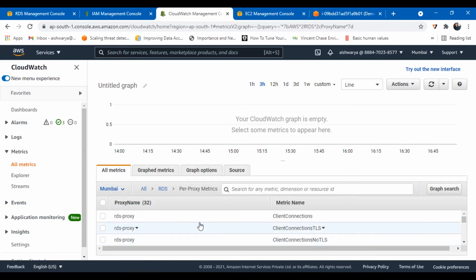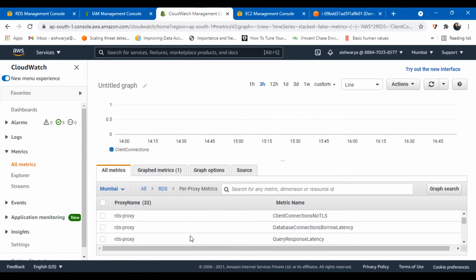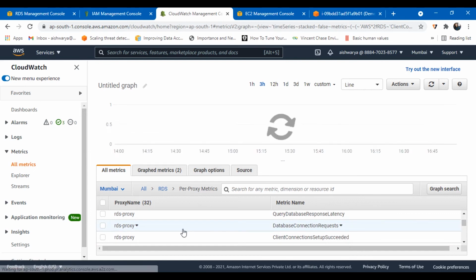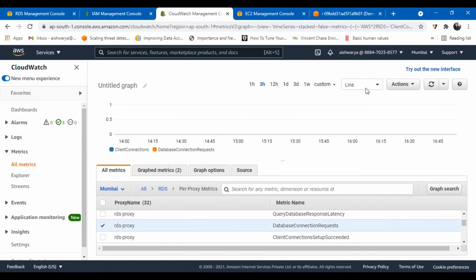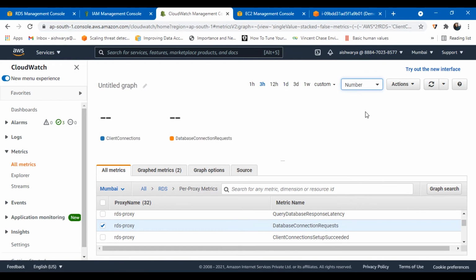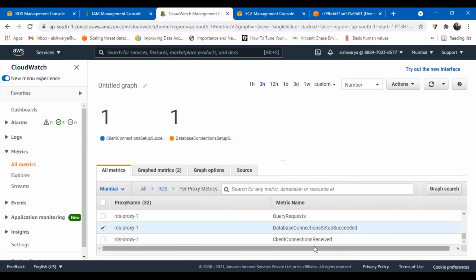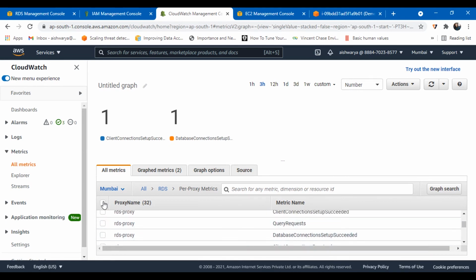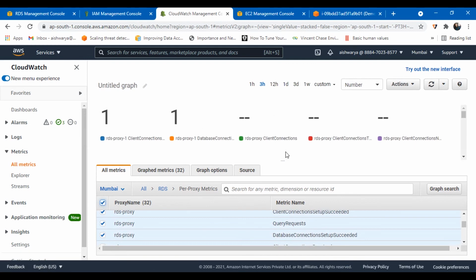So from this I can check out the client connections and also the database connections that are there. And let's check it in the numbers. So it's still updating. Let's wait for a few more seconds. So it has updated all the metrics and I selected a few more metrics. I can see the data for all my metrics, and let me just show you.